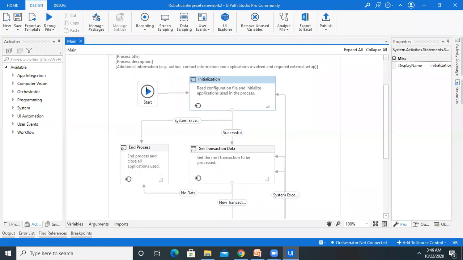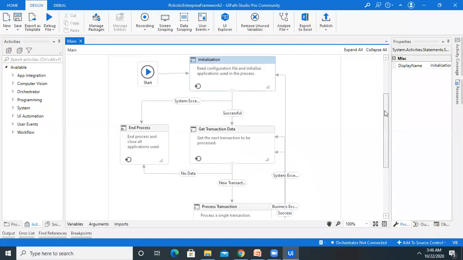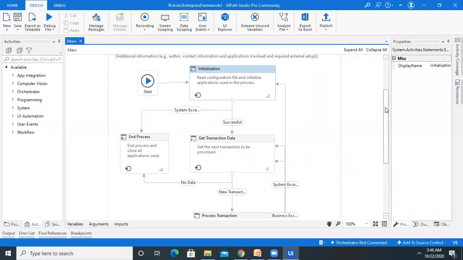As you can see here, there is a start node, and after that the initialization, get transaction data, end process, and finally process transaction. These are all called states. It means we have four states in the REFramework, where all the configuration or programming is done.